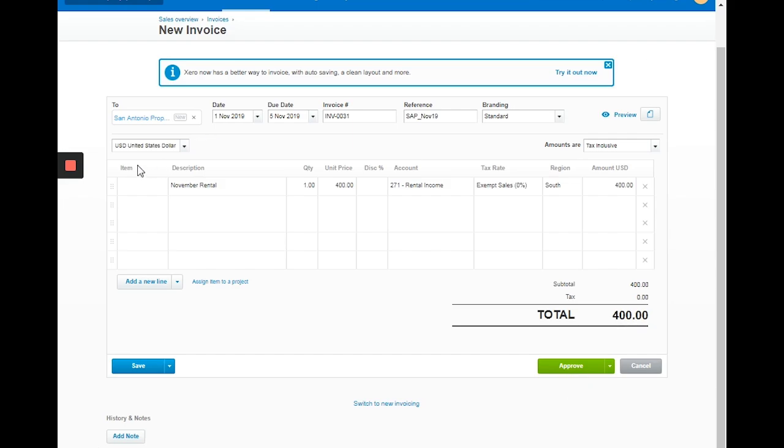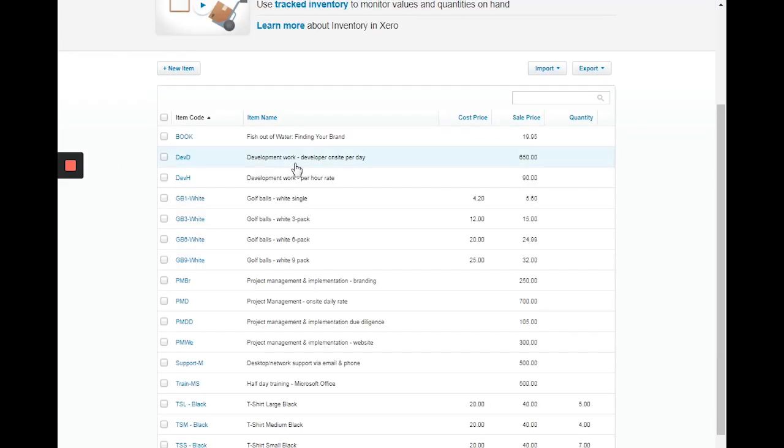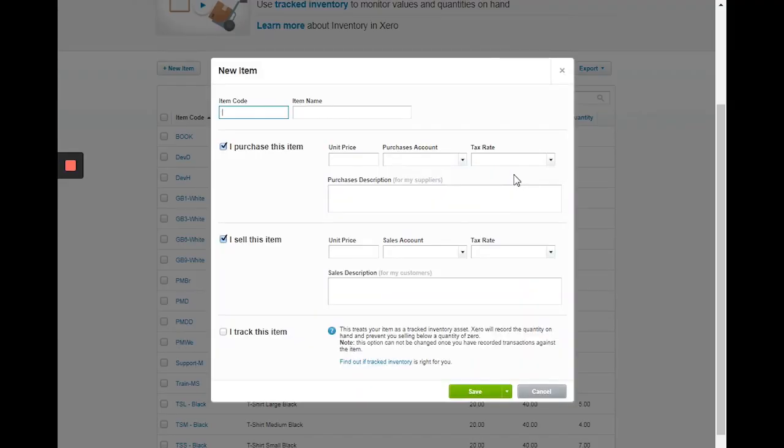By the way, this part, the item part, is usually used when the client is using inventory items. So they just create new products and services, new item codes that they will track, either for the item being purchased or the item they are selling.